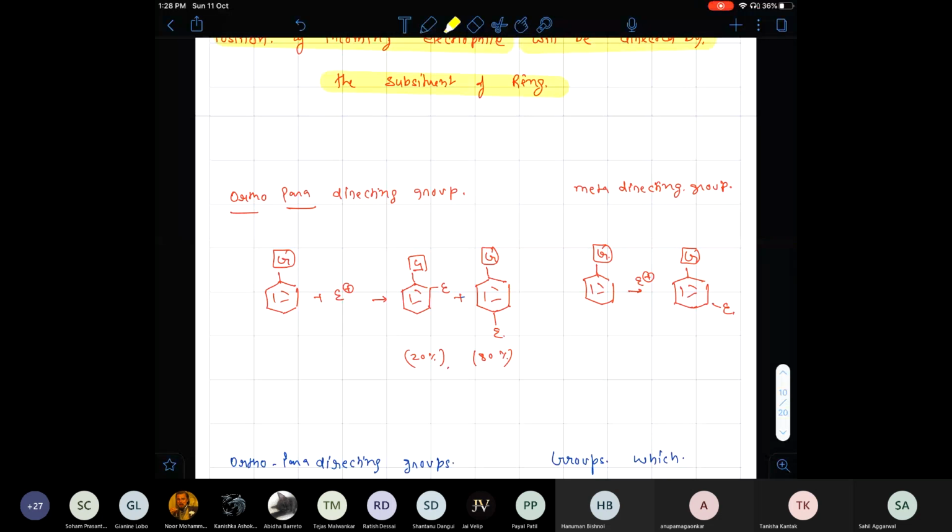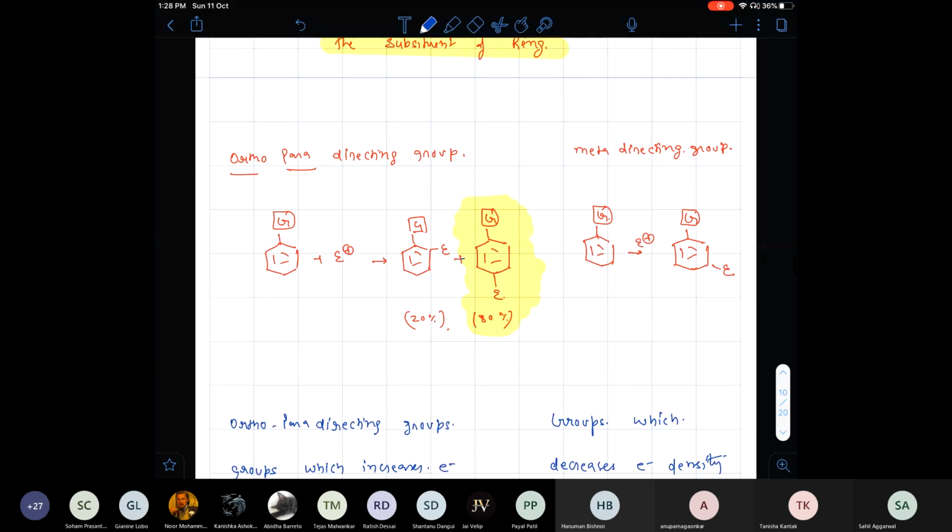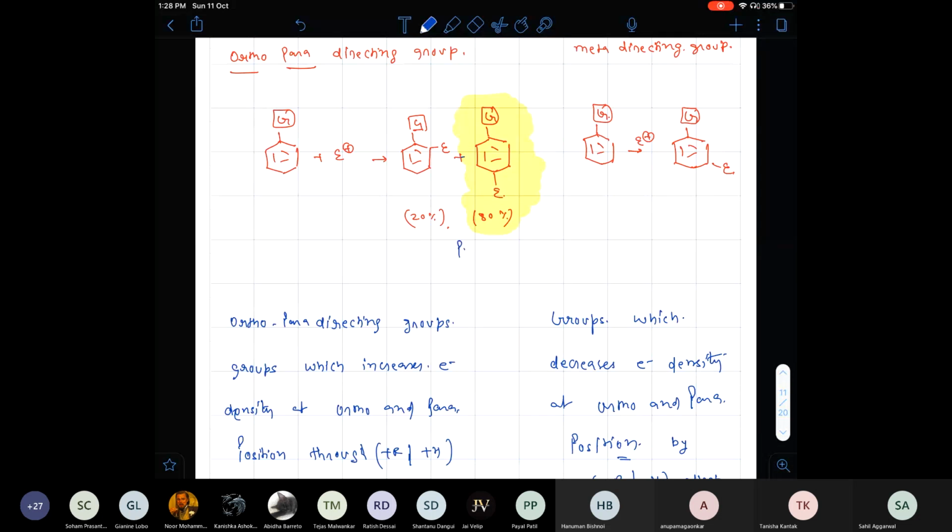So para isomers are more symmetrical. Para isomers have more symmetrical crystal lattice. Hence they have high melting point. So more stable,